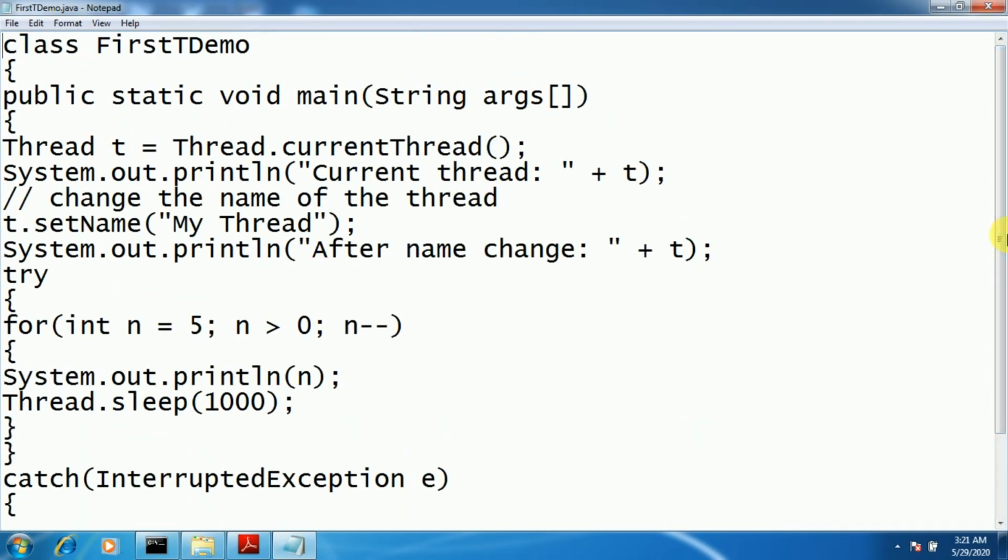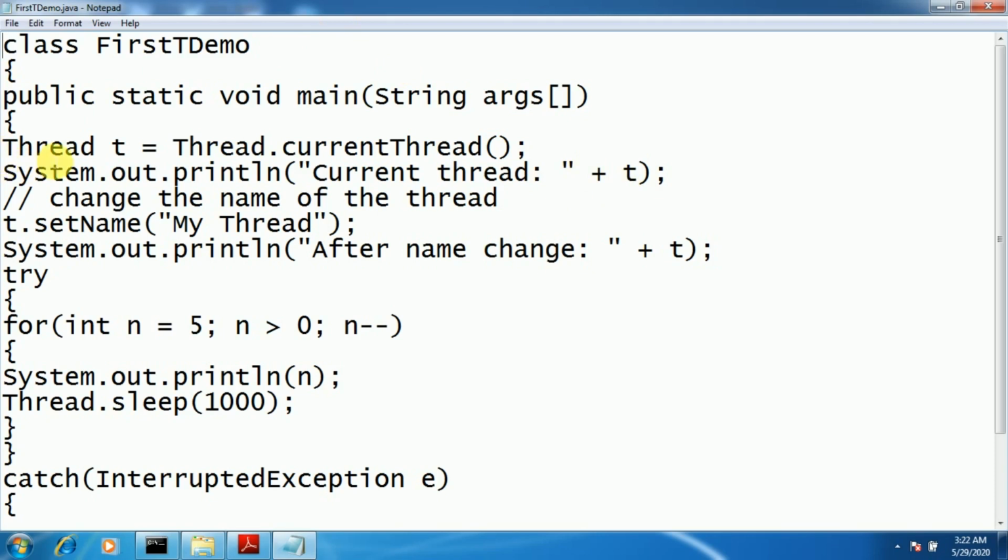So in this first example of a thread, we have called the name of the current thread. We have called the currentThread method of the Thread class to know what exactly the name of the current thread is, and in what format the information about the currently running thread will be displayed.